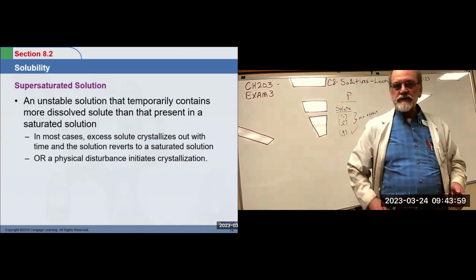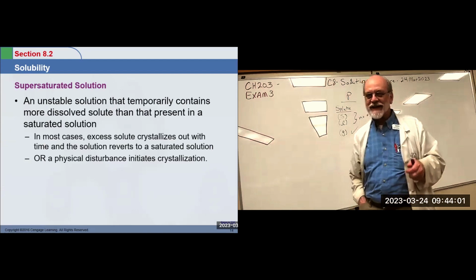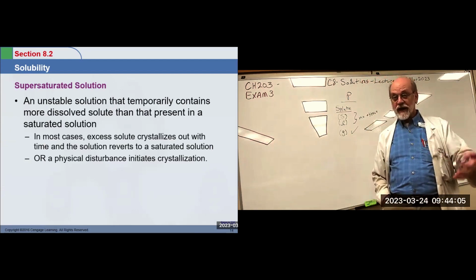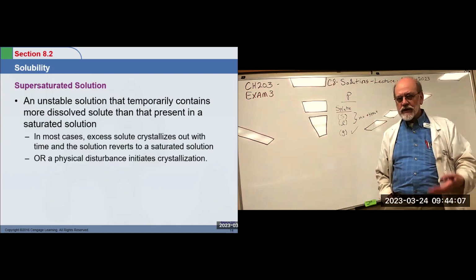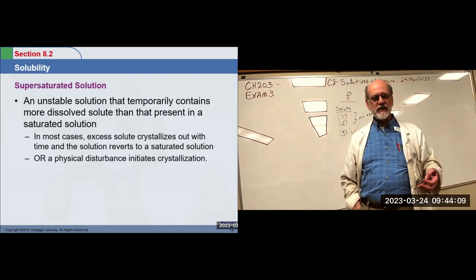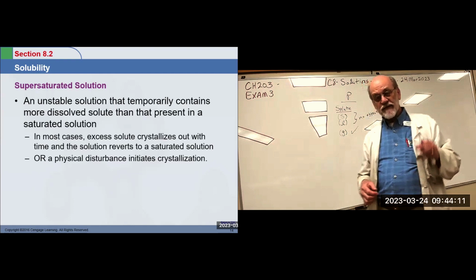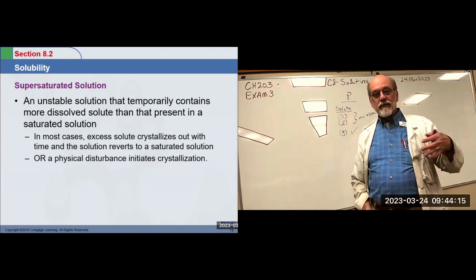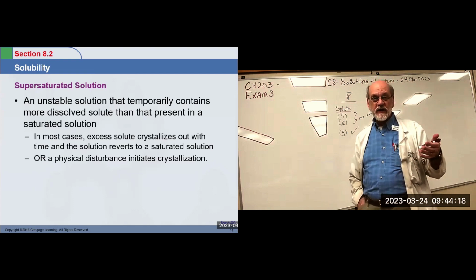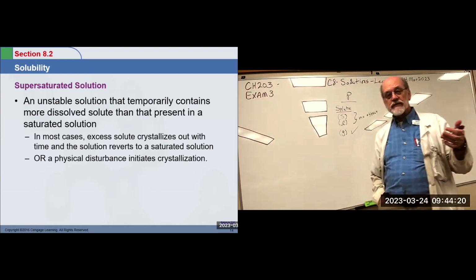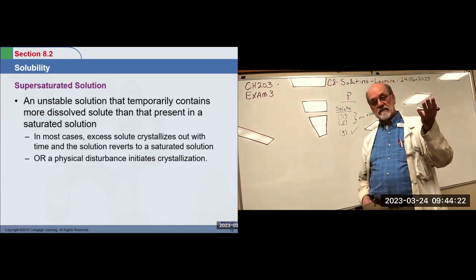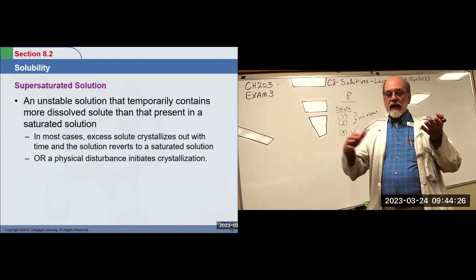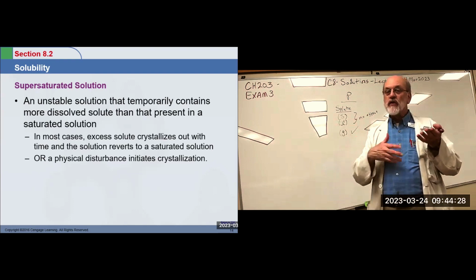Okay, what's a supersaturated solution? Well, if we've got a solution that's already got as much solute as it'll hold, how can you get more in there? Well, as it turns out, this is an unstable condition. For example, one way to supersaturate a solution is to heat it up, make it hotter for most compounds, and put an excess amount. You know how much